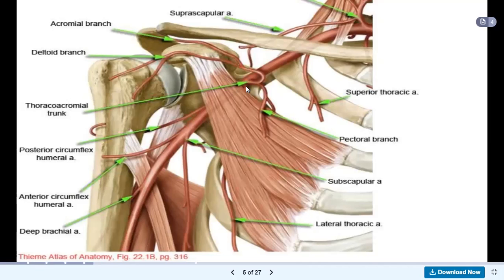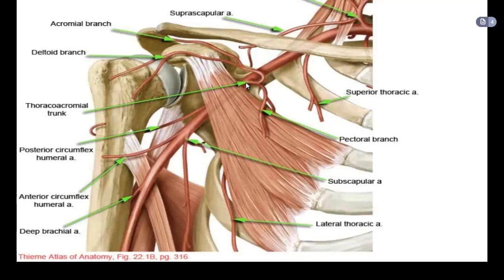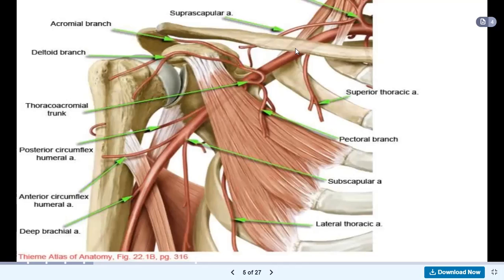If you look at this place, you'll see a branch running behind the pectoralis minor muscle. This is it coming down, the lateral thoracic. So it's supplying the lateral aspect of the thorax. This is the lateral thoracic artery. Now, if you notice, this lateral thoracic artery originated from the second part of the axillary artery, because we said the first part of the axillary artery is between the first rib